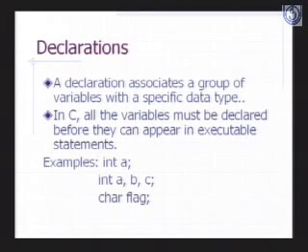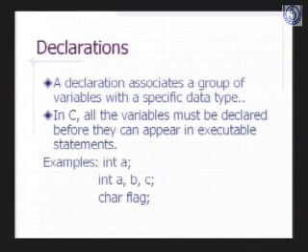What is this declaration part? After the preprocessor directives also there is a declaration part called the global data declaration, and in the main program also there is the declaration part. What do we have to declare here? A declaration associates a group of variables with a specific data type. So here we are assigning some sort of job, some sort of data type, to each and every variable. So whatever variable we are selecting, we must assign a data type to the